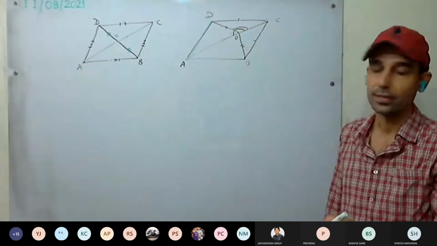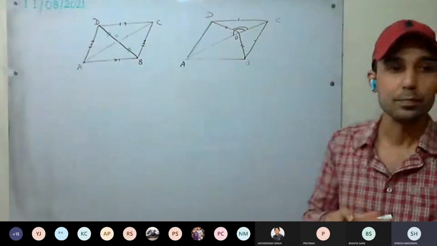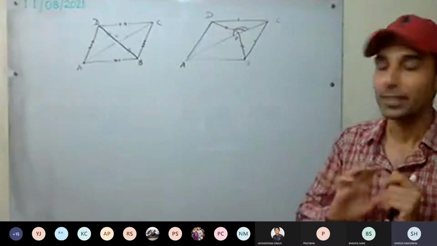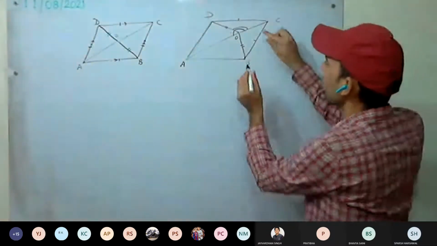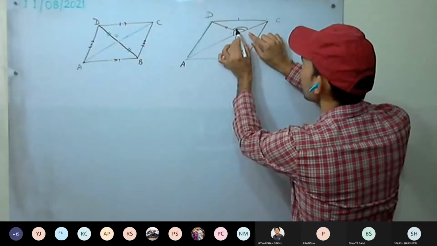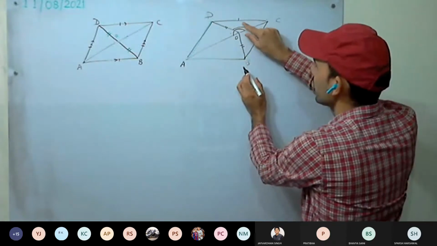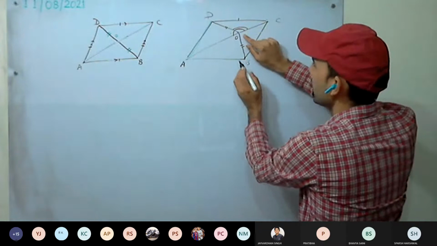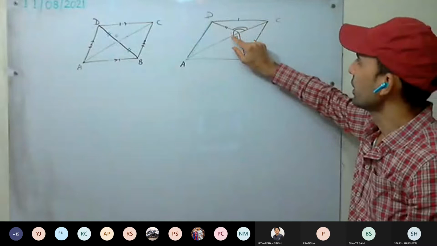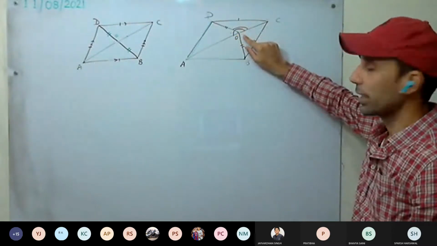How to prove? How are you going to prove them? Sir, we have to take two triangles in which AOC will come. Okay. Then we can see here how we can prove. If we prove, okay, this angle equal to this angle we have proved, for example. This angle equal to this angle we have proved, and this angle equal to this angle we have proved.